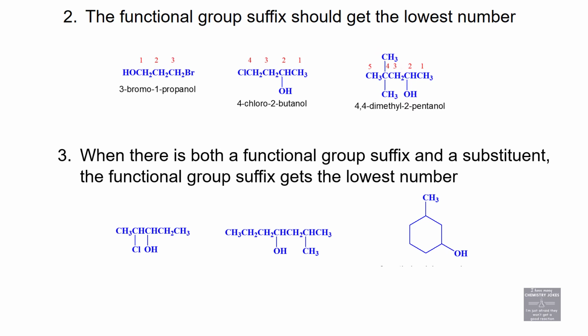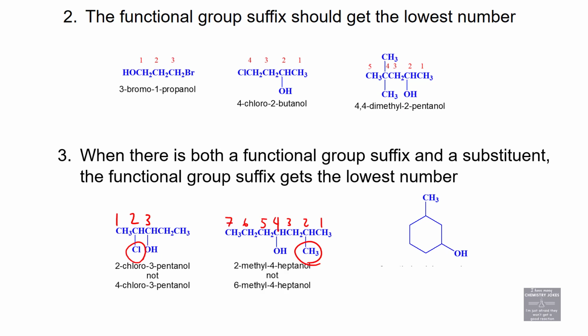What's different about these next examples is the alcohol would be carbon 3, whether you're counting from the left or the right on this example. So when given that choice, you number to give your other substituent the lowest number possible. The alcohol would be carbon number 4 in this example. You number this way to give your other substituent the lowest number possible. That makes this first one 2-chloro-3-pentanol and 2-methyl-4-heptanol. On a ring, the alcohol is going to be carbon number 1, as long as the alcohol